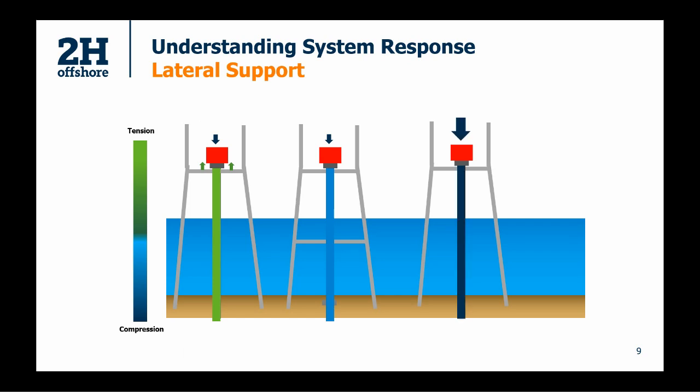This becomes more of an issue if you're looking at a conductor which is in heavy compression. This could be because you've got heavier surface equipment on top, or it could be that you just have a very deep well, which means that your casing strings are incredibly heavy. Because we've increased the compressive load, to counter that, we need to have a much reduced span. So for wells that are in high levels of compression, you would need additional lateral supports to be able to prevent buckling from occurring.